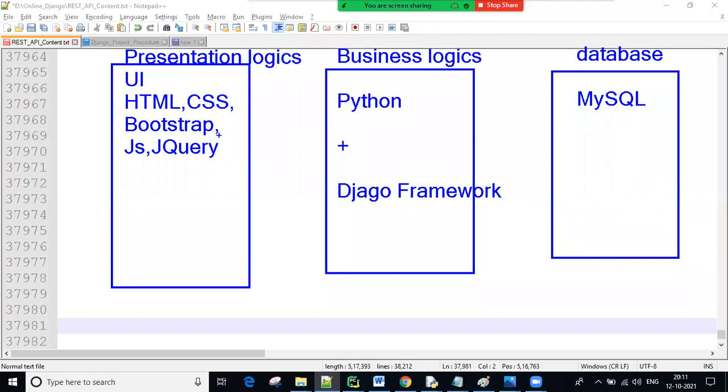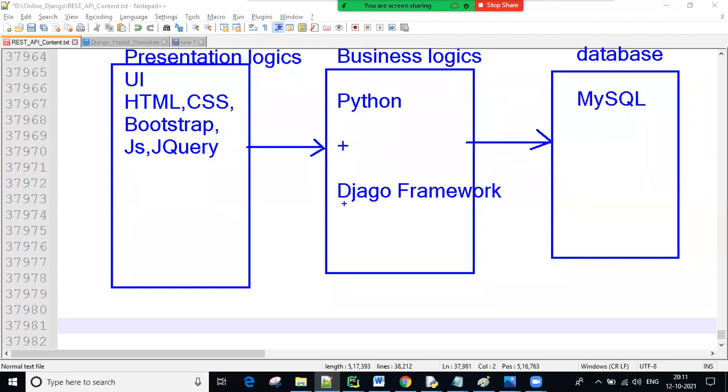So we take input from the user and send that data to the business code, to Django. As a backend developer, we receive the data sent by the presentation logic, and finally we send that data to the database to store it permanently. For example, take a Facebook page.